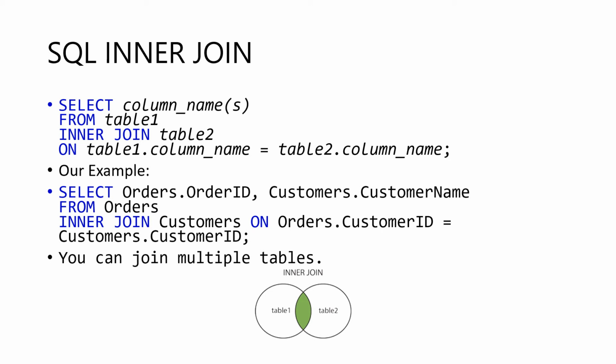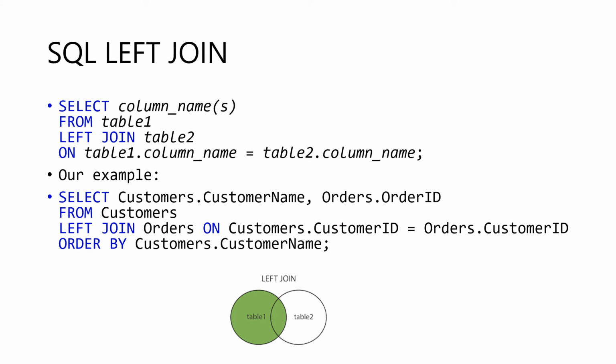We got order table and customer table. So inner join will return only those orders which has existing customer related to it. So here actually is the inner join. Order is our table 1 or left table, and customer is our table 2 or right table. So only the records matching these conditions are returned. Here is the condition. So this is the syntax of inner join.